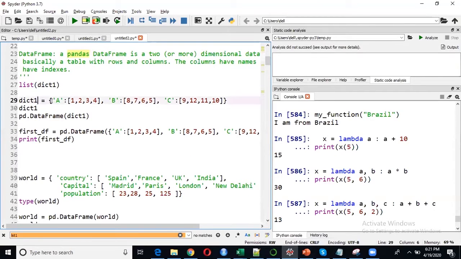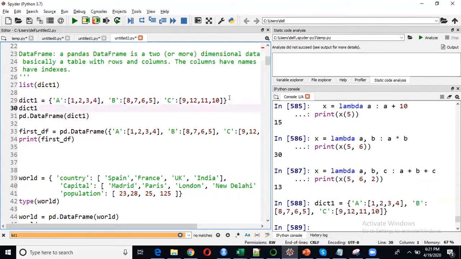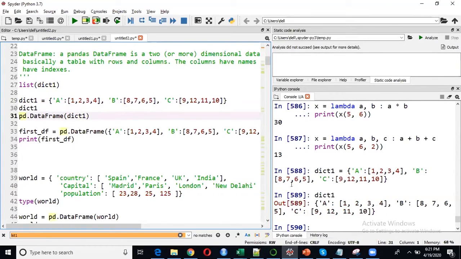So you know about this, right? This is a dictionary. A, B, and C are the keys, and the rest are the values. So nothing to explain here. It's a dictionary, dic1. Now, if I want to convert this to a data frame, I'm going to write DataFrame, with D as a capital and F as a capital, right? Again, the DataFrame function is not defined in base Python, so you need to give the reference of pandas, pd.DataFrame. Now you can convert this with pd.DataFrame and save it as df. So you are converting a dictionary to a data frame, just like typecasting.